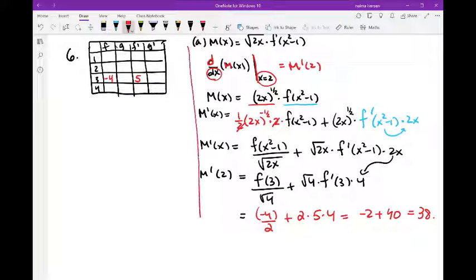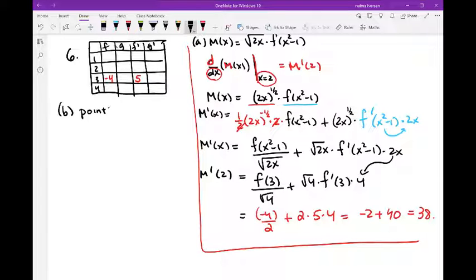So that's your first one. Nothing new there, it's just extra practice. The second one says find the equation of the tangent line. So I think I can probably still look at this. If I want to find the equation of the tangent line, I need a point first and I need a slope. To find my point, my y value when x is equal to 1,